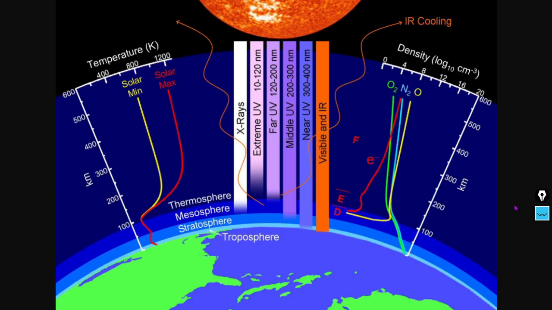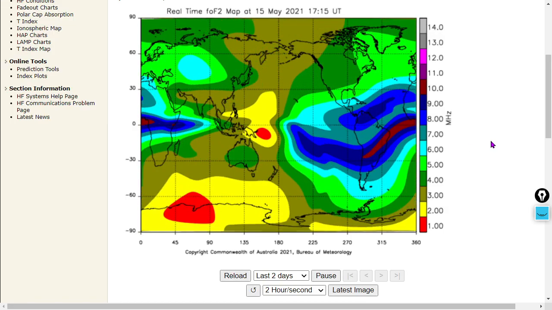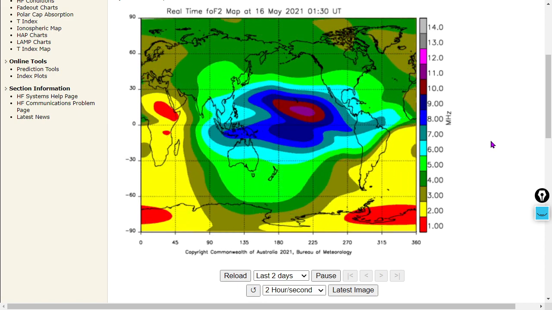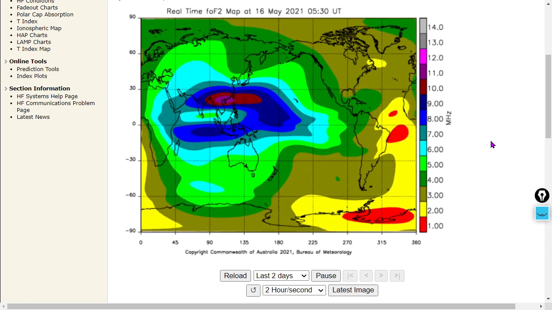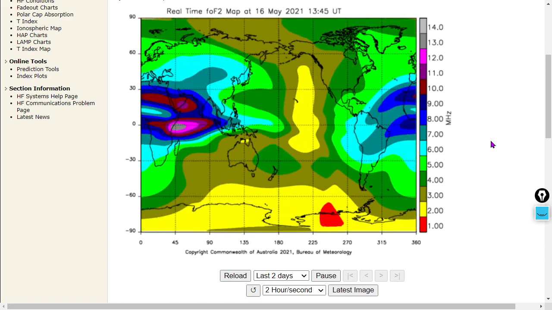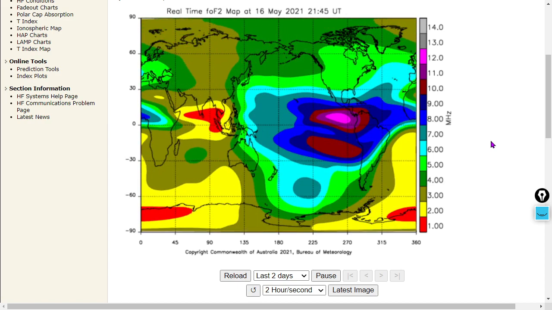Here's another diagram of the atmosphere. And we're showing you this to show you where the F layer is, the F ionosphere at 300 kilometers. And now we're showing the ionosphere. And keep in mind, folks, if you're a regular viewer, we've changed up the format of this once again. So now we're showing 2 hours per second, and we're showing 2 days of ionospheric behavior. I think this might be the best